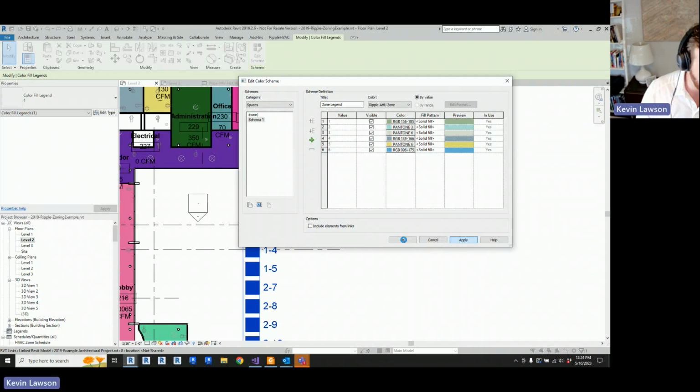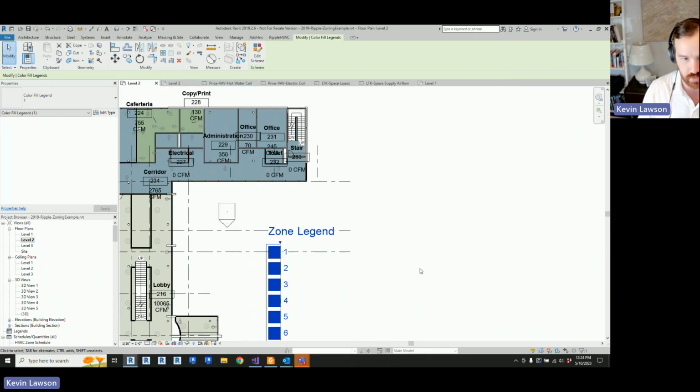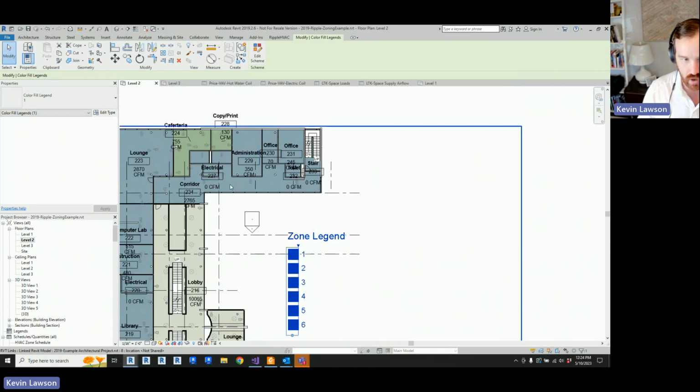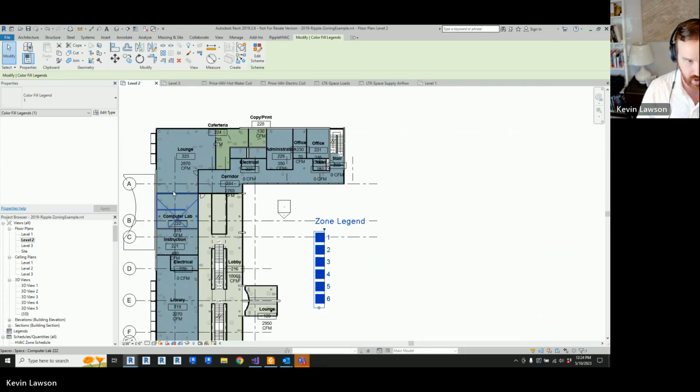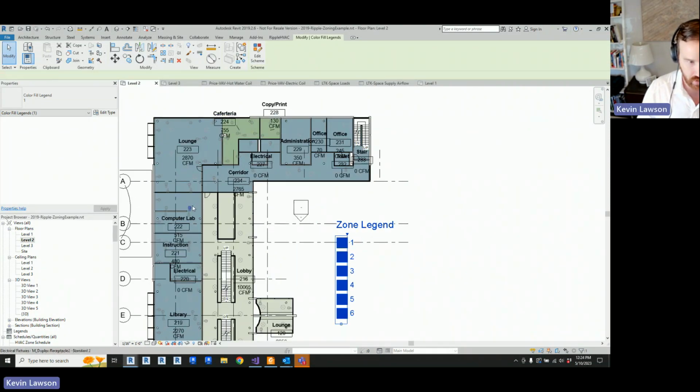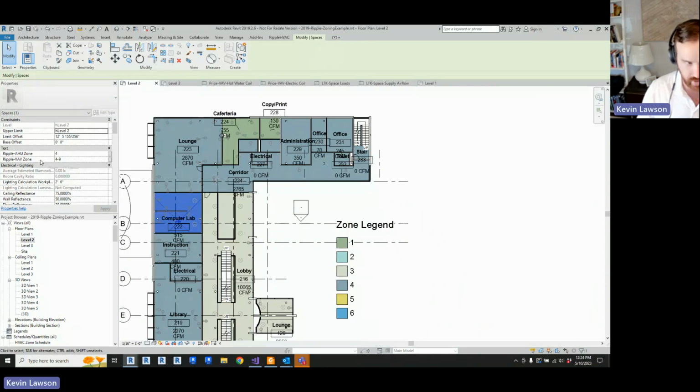But the reason we don't use the out-of-the-box HVAC zone for the space is because there is only one HVAC zone. There isn't an air handling zone and a VAV zone, so you got to kind of pick. And so it's easier to just say, just add a text parameter, and that's what will be written. And this text parameter will automatically be added to your spaces when you download the toolkit and run some of